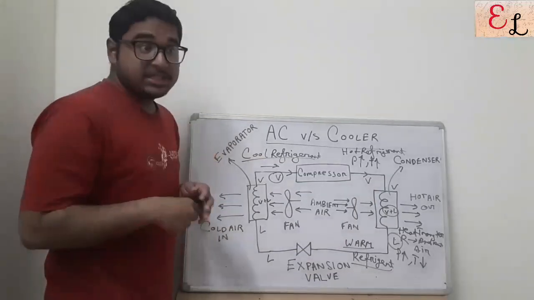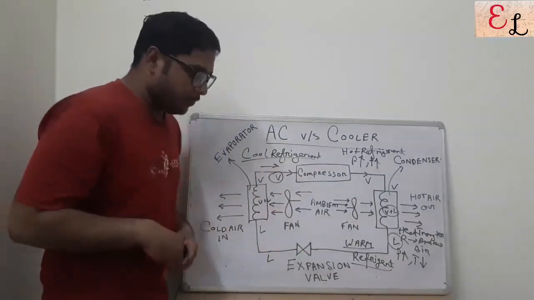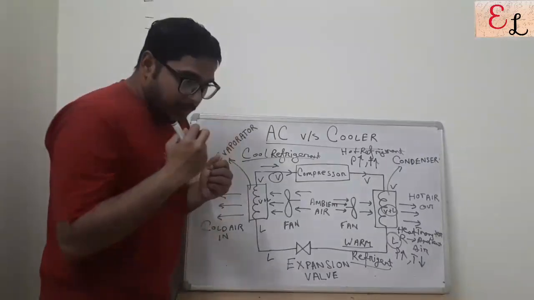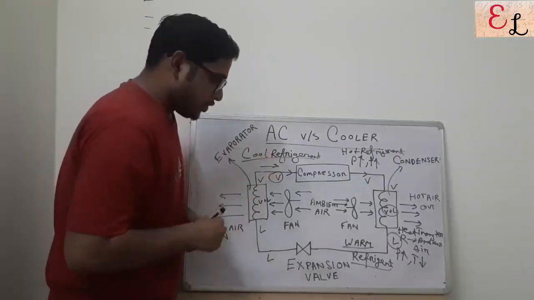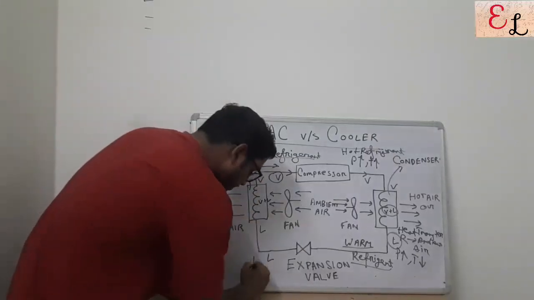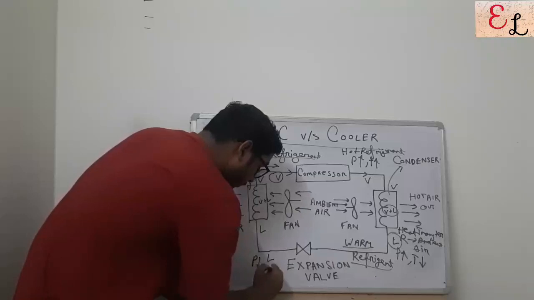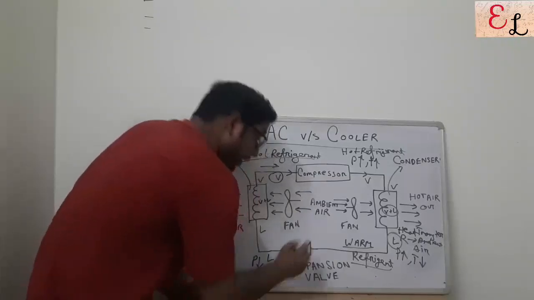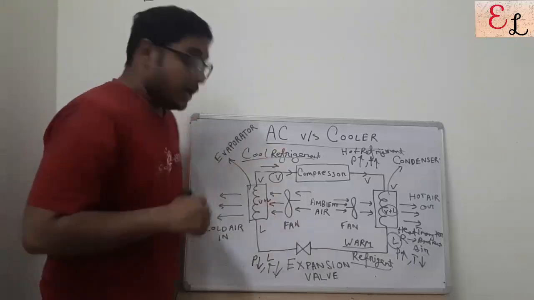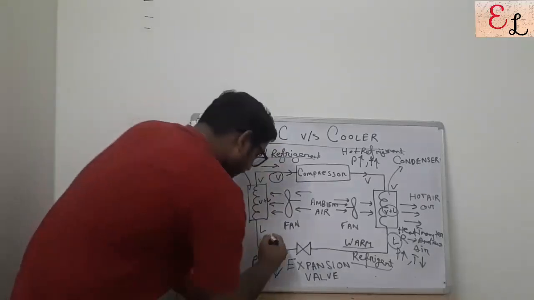As we have already discussed in the PVT diagram, a sudden release of pressure, what does it do? The throttling device suddenly causes a decrease in pressure. So this state point has a relatively lower pressure and even lower temperature. So what happens is the warm refrigerant now becomes a cold refrigerant.